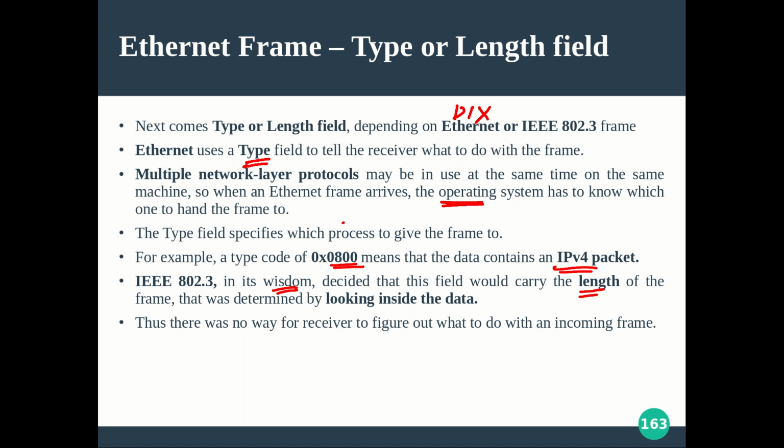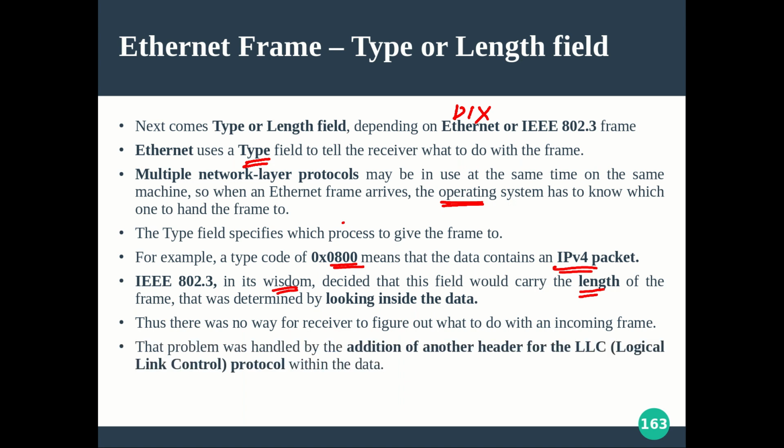So there was no way for the receiver to figure out what to do with an incoming frame, because the type field is now replaced with the length field, right? So how will the receiver tackle that type related information, because that is also to be communicated? So in that case we can depend on the